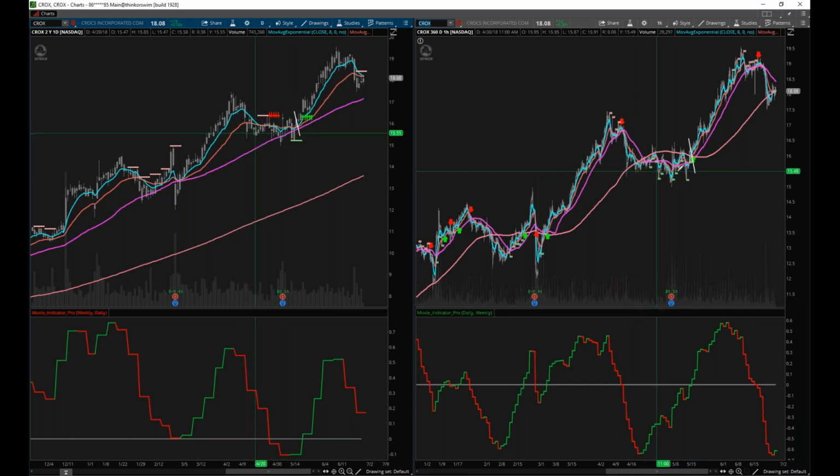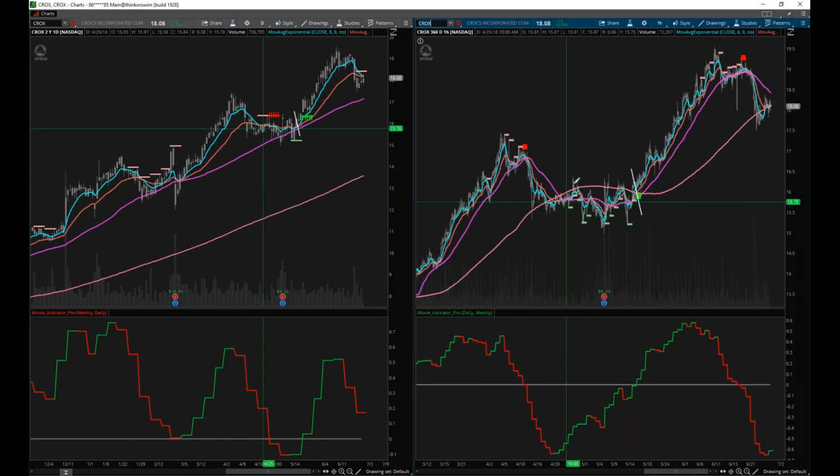And now look, price is underneath the hourly 200, so no trade. You can see how, let me zoom in on this for you, price kept bumping the top of the 200 here, and it just couldn't get anywhere. Now obviously it's not paying attention to the 50 because it just doesn't care about the 50 at this point. But look at this. If we draw a line here, there is clearly a level that price is staying at, but look at the Moxie indicator here.